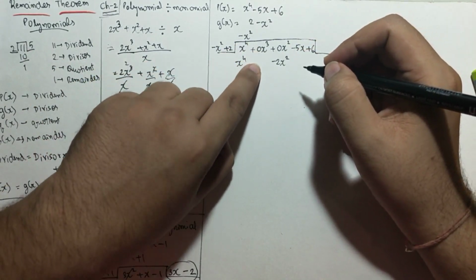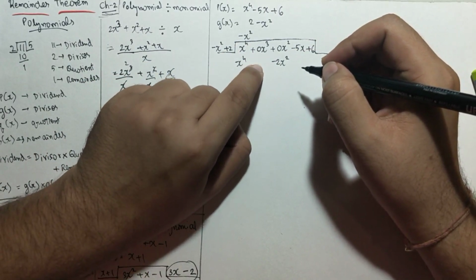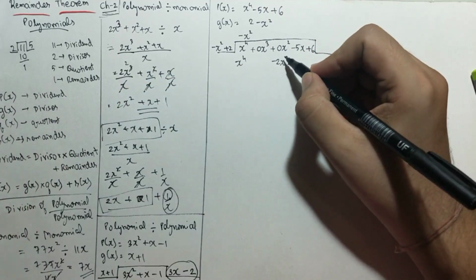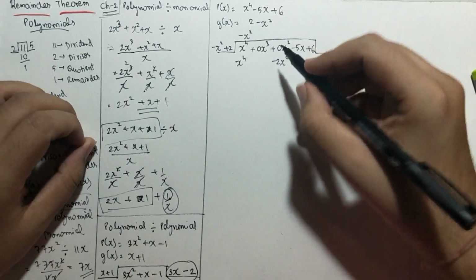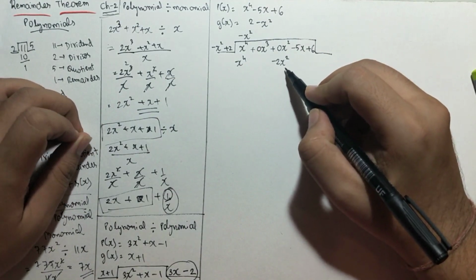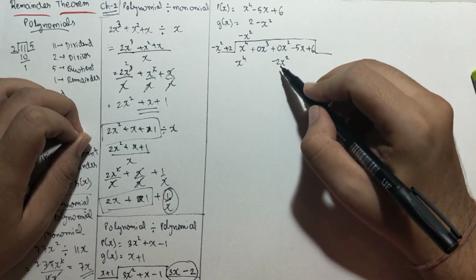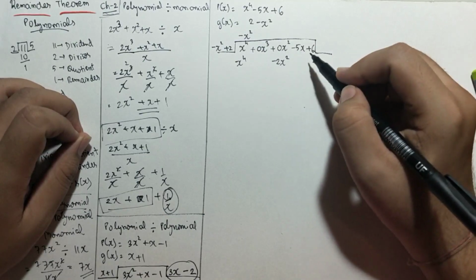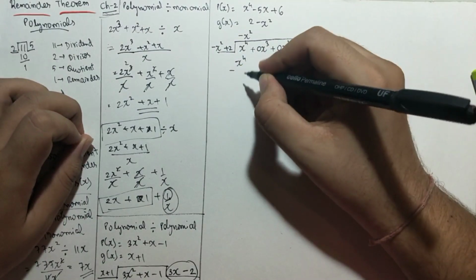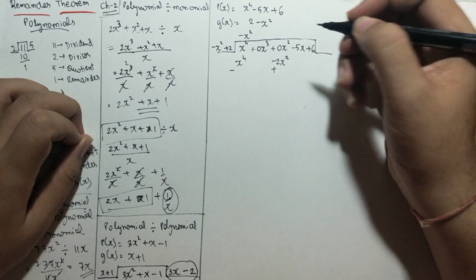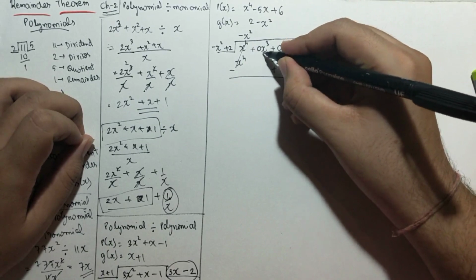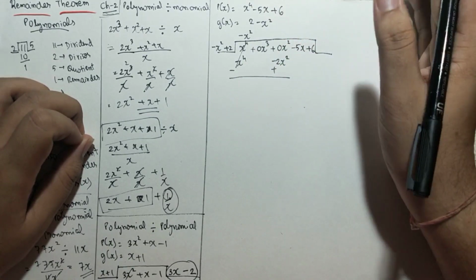There is an x cube term we didn't get, but we have written it, because what if we get this term? We would not be able to write below any term. For like terms, we need to add these two terms. See, I added 0x square, that's why I was able to write the x square term below it. If I forget to write this x square term, where would I write it? We would not have any like terms to it. So we added it deliberately. Now subtraction. Subtraction means changing the sign. This will become minus, this will become plus. This will cancel out. No need to take this down, because now 0x cube doesn't hold good. That will not be a first term.